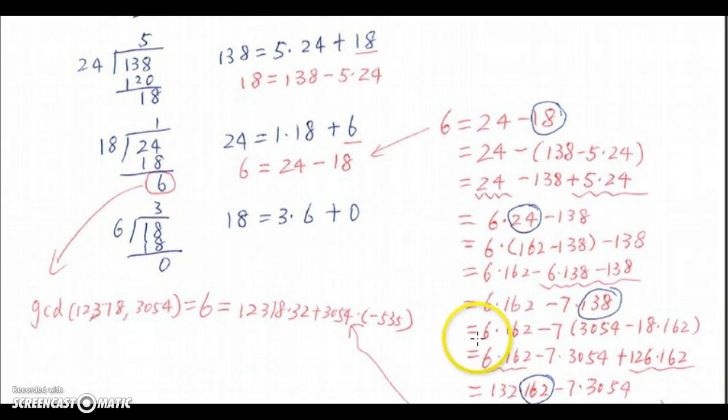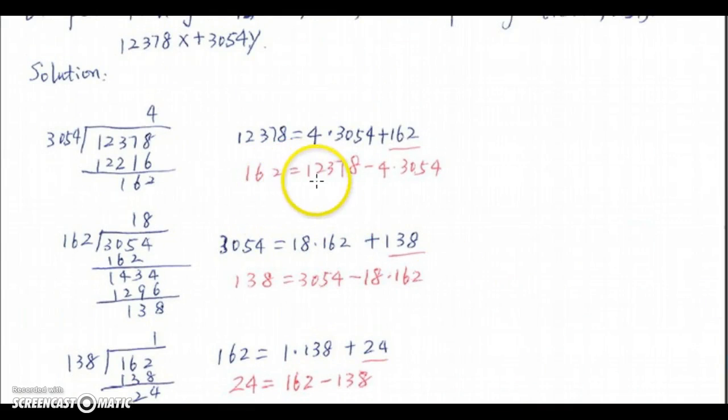Okay, now if we look at the expression here, notice we have 162 here, 162 here. 6 of them plus 126 of them together, we get 132 of 162 minus 7 times 3054. So if we compare this expression to what we want to have, we want to have these two numbers, original numbers, in there. We already got one of them, so if we replace one more time, we should have the number we want. So 162, look at the first expression we have, 162. I replace 162 with this expression,